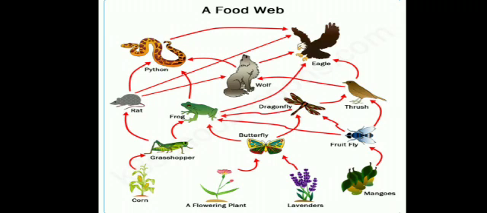This kind of complex form of food chain is known as food web. A food web is formed because a particular food source is not just eaten by a particular animal. Anybody can eat anything. It is eaten by many different animals. Thus, many food chains are interlinked in nature, which forms a food web.